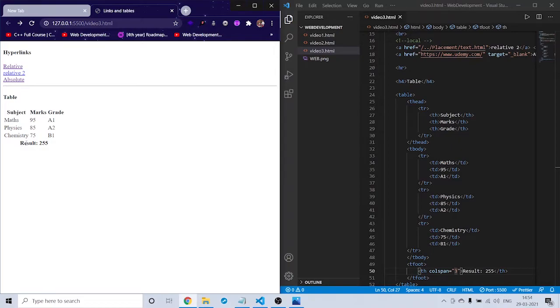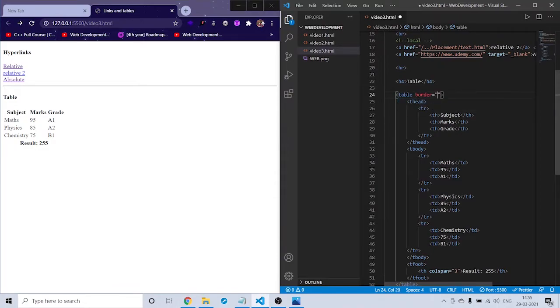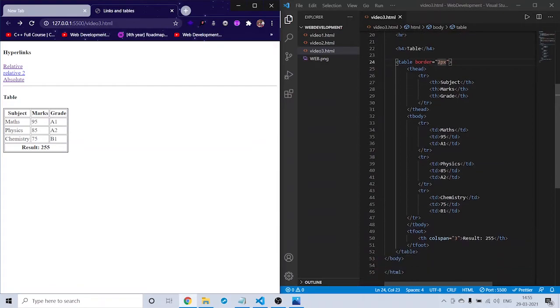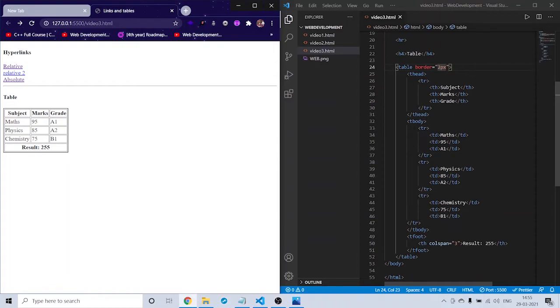this here got combined, and this is the result we are getting here. But how do we know that these are combined here? So for that we can also give border. For that, in the table I will give an attribute which is border, and I will give border as 2 pixels. And when I save this, see, these are separated, and this is the combined one, we combined this with the help of colspan. If you want, you can also combine rows with the help of rowspan here. You can directly practice that. So this is nothing but table here, as simple as that.